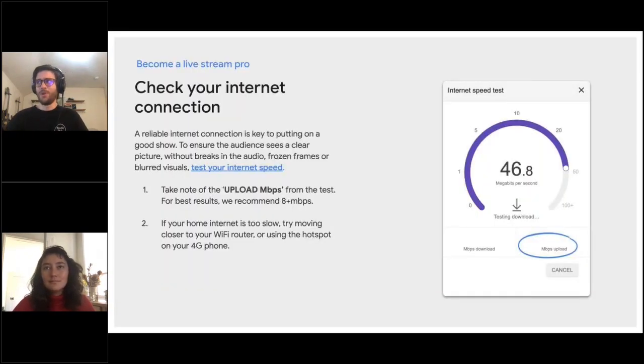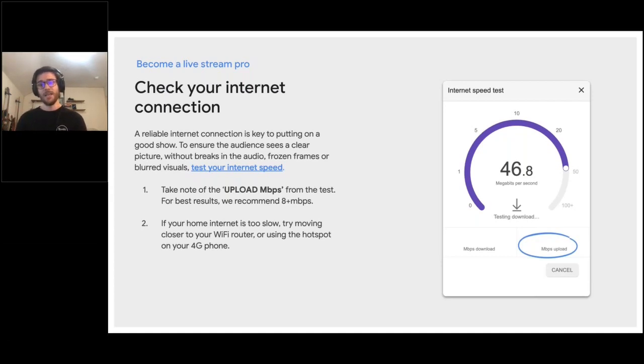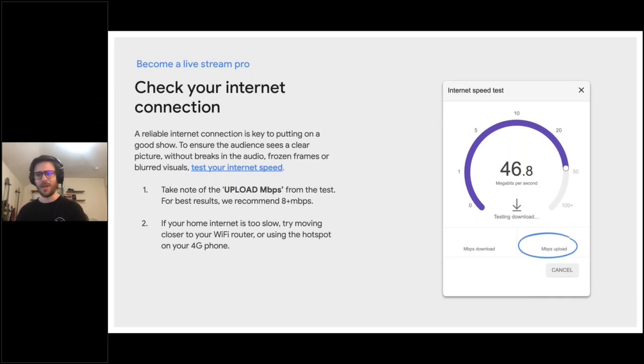So the first thing you're going to want to do, regardless of the streaming platform that we end up using, and we're going to talk a lot about that a bit later, is actually check your internet connection, because all of these platforms, regardless of which one you decide to use, will require a fairly strong internet connection. And we understand that not everyone's going to be able to have a perfect internet connection, but in our tests, we found things as simple as moving closer to your wireless router or using your phone's personal 4G hotspot can dramatically improve your connection and give you faster upload speeds, so that you are able to stream to whichever platform you eventually decide.